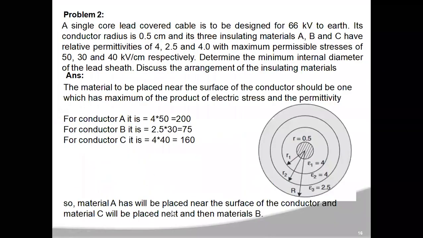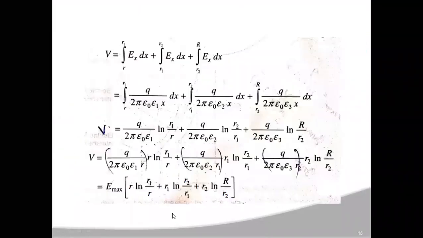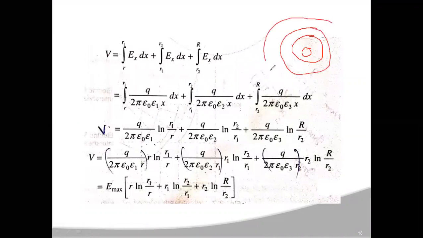See here, if you are having 3 layers: 1, 2, 3. So here you are having conductor radius r, and from here to here this is R1, and from here to here this is R2, and to here this is capital R. Okay, so now electric potential,